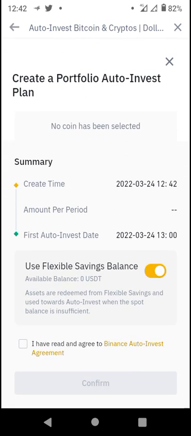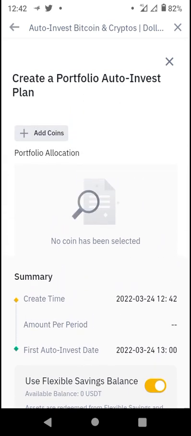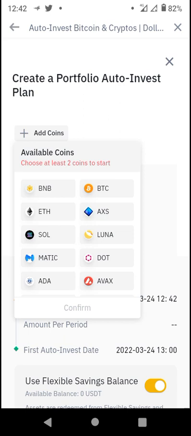I'm just going to click on flexible savings here, click on agree, and also click on add coins. Now the portfolio plan: for you to have a portfolio auto invest plan, you need to have at least 2 crypto assets that you want to use. Because we've done for ETH, we've done for BTC, or we can also do for BTC, and you can choose the top 5 crypto assets